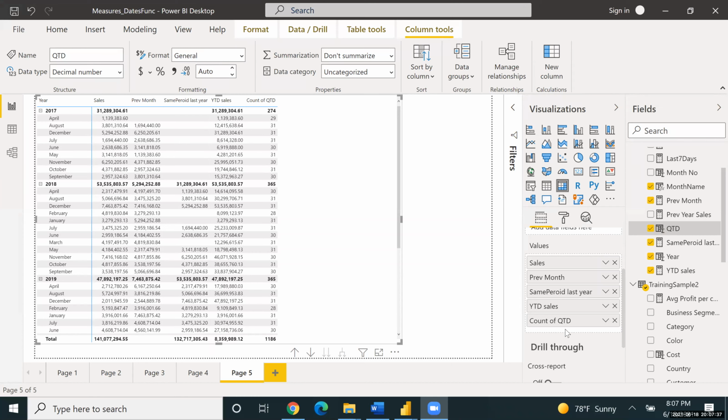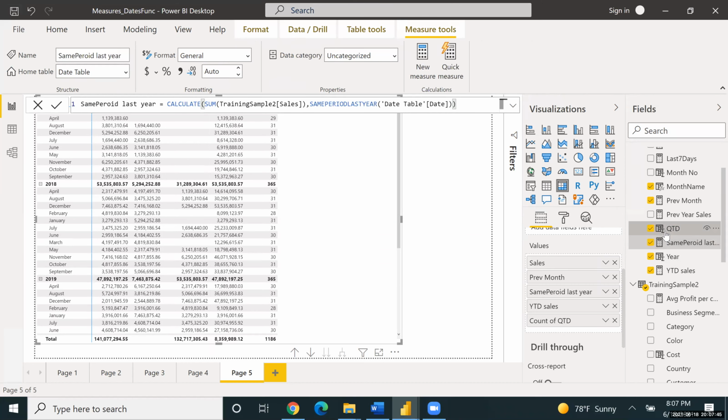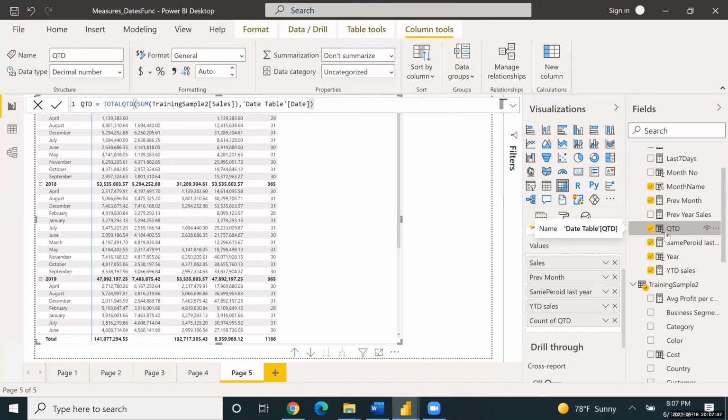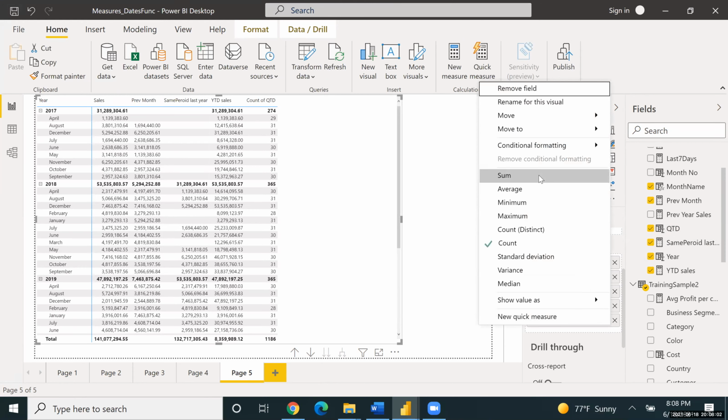Can you click on that QTD column? Maybe by mistake you might have changed it. So just change that calculation to sum. Click on the arrow and change it to sum.